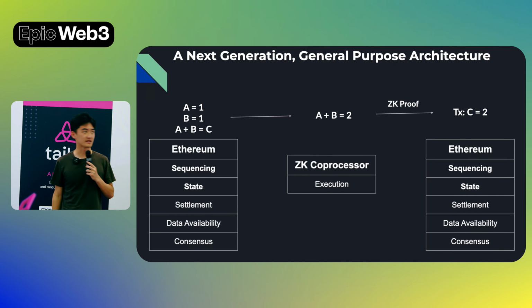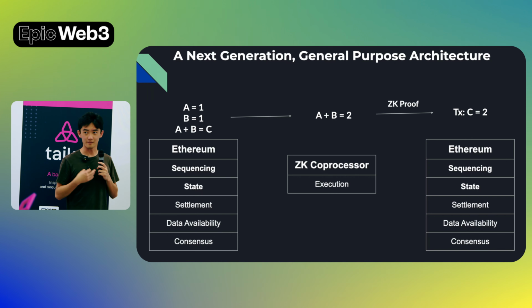What I'd like to propose today is an idea that completely abstracts away the major parts of a coprocessor towards Ethereum. In this case, both the state, that is the blocks and the account balances, as well as the sequencing, all live on Ethereum. And the only thing you're left with on the coprocessor is execution.